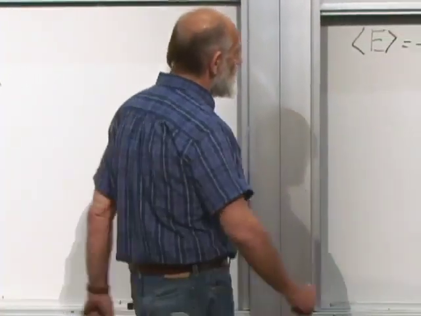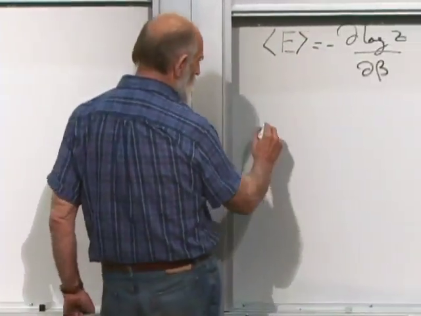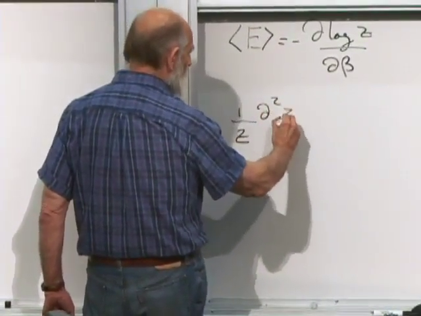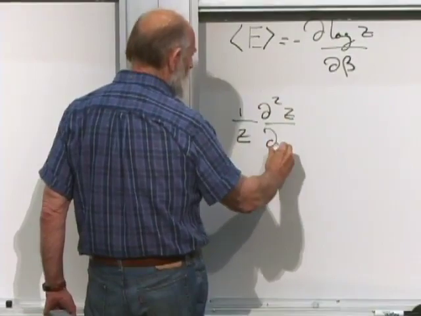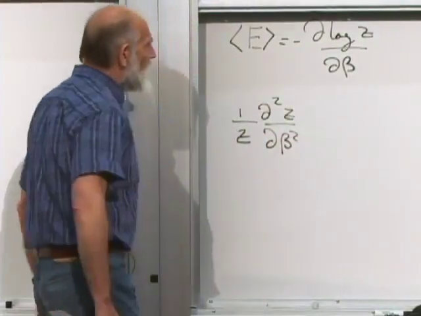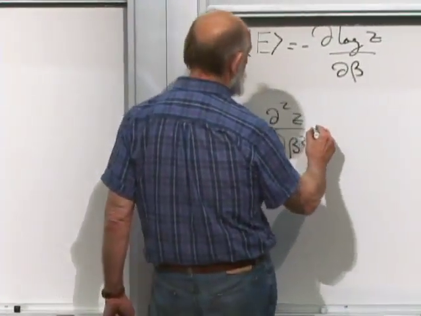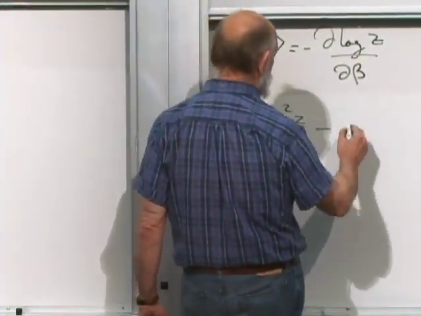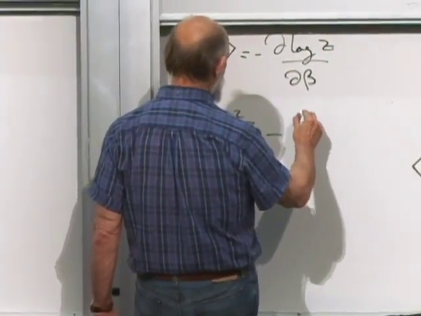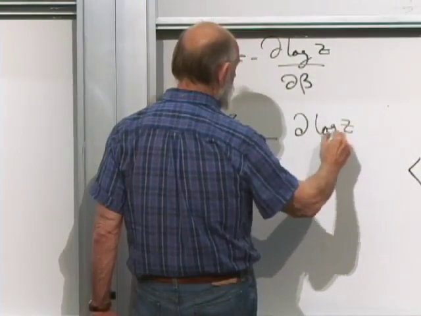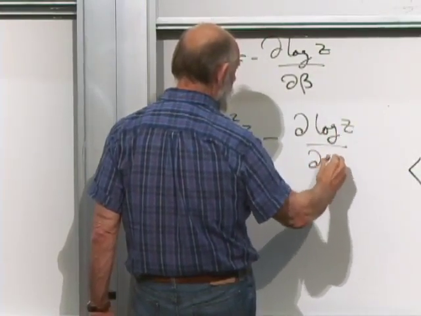The variance is, first of all, this term, 1 over Z, d second Z by d beta squared. And now we have to subtract the square of the average of E, which is minus d log of Z by d beta